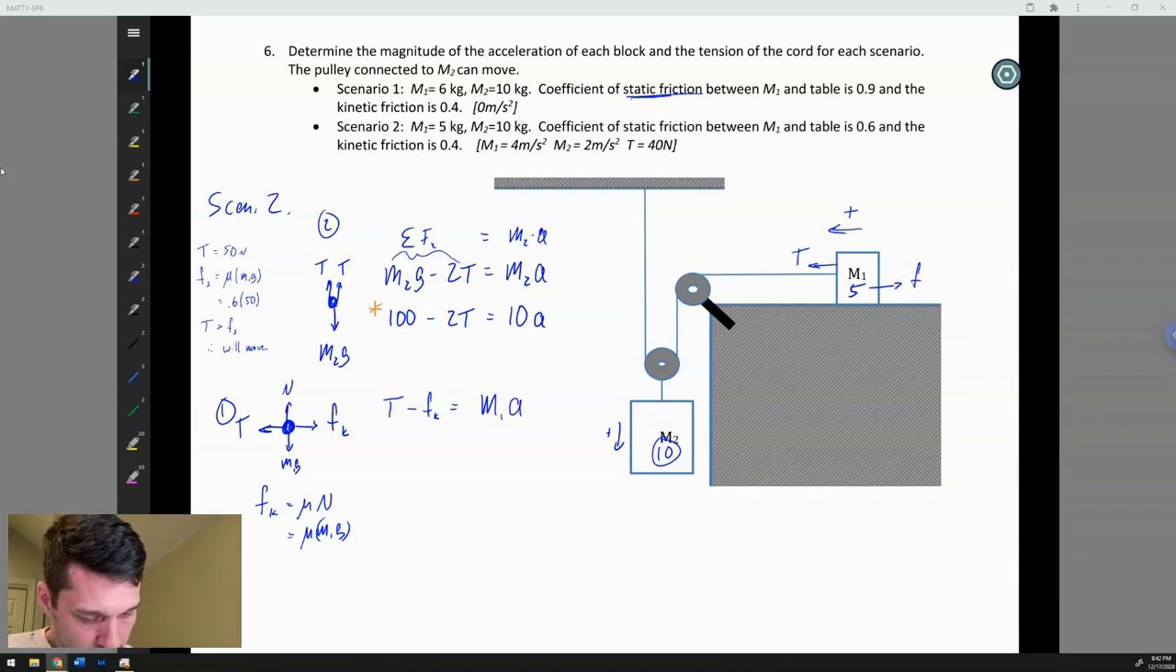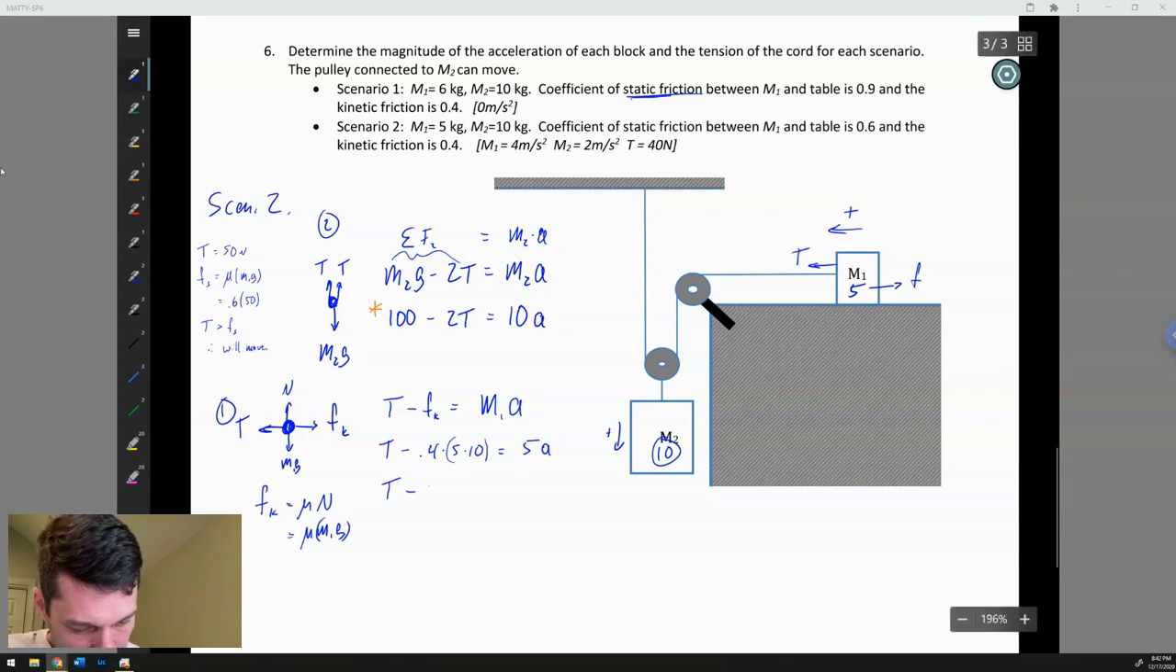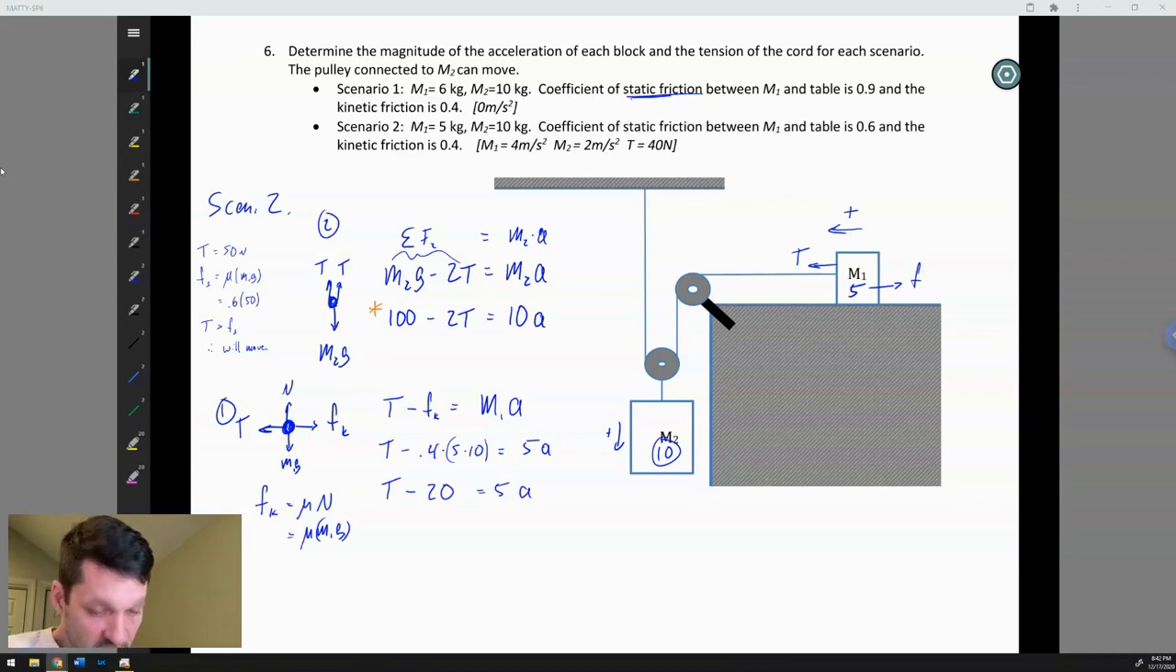And again, let's plug some values in. So tension minus the friction force, which is kinetic friction 0.4 times M1, which is 5, times gravity, which is 10, equals 5a. So we got tension minus 4/10 of 50, so that's going to be 20, equals 5a. And the astute observer will by now have picked up on something that I almost neglected to recognize, and